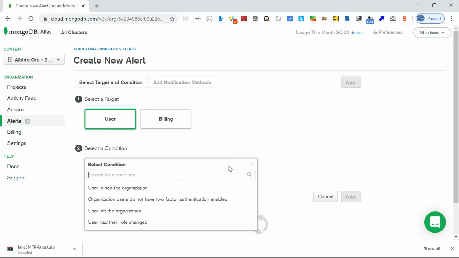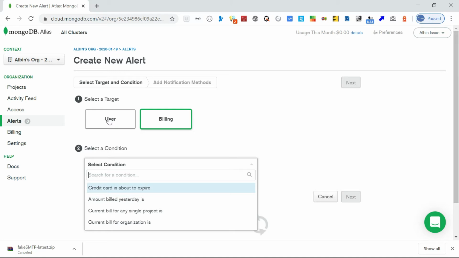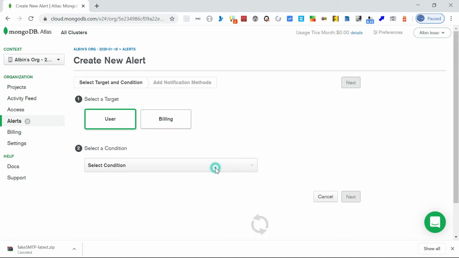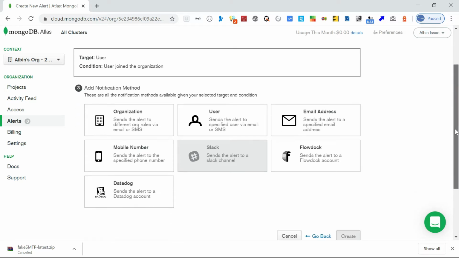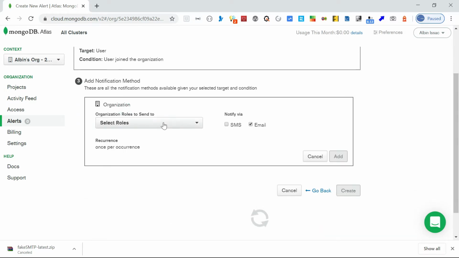Then you can select the corresponding condition, so a user related condition, or if you select billing, then billing related conditions. Let me select one of the conditions, then click on next. Here you can select the notification method. So you can select organization, which means the users associated to these roles will be notified either via SMS or email.